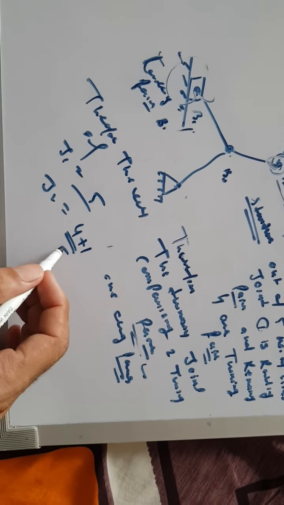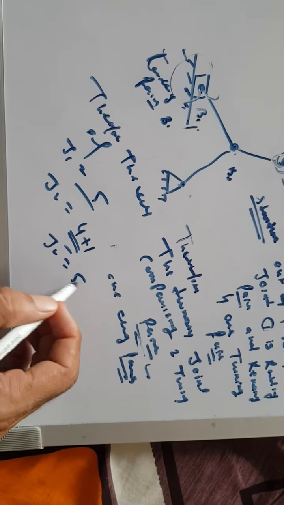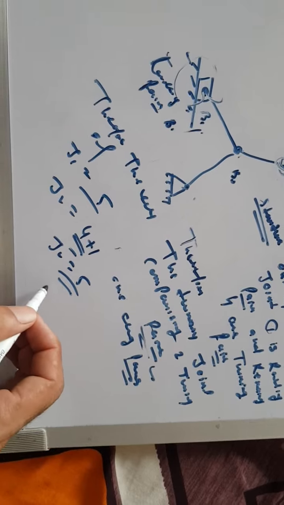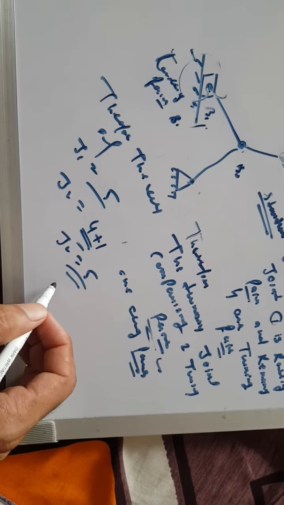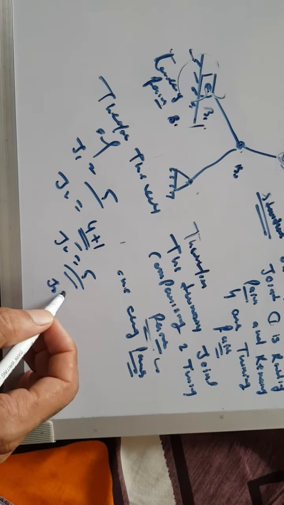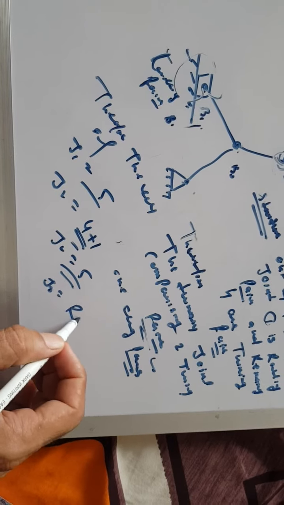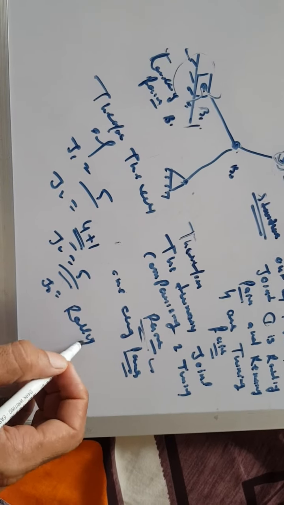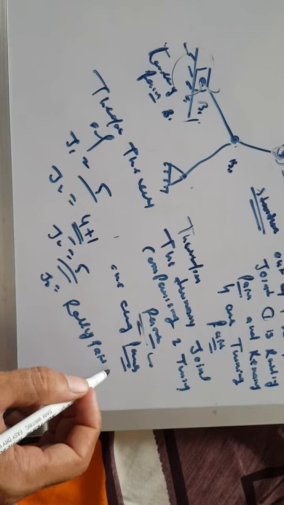So total J2 is equal to 5, and J3, that is the rolling pair, is equal to 1. So according to the formula,